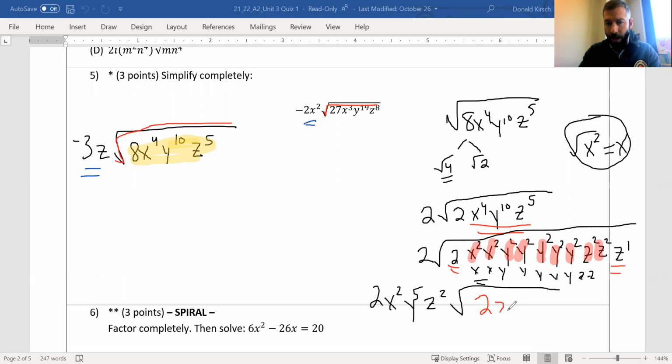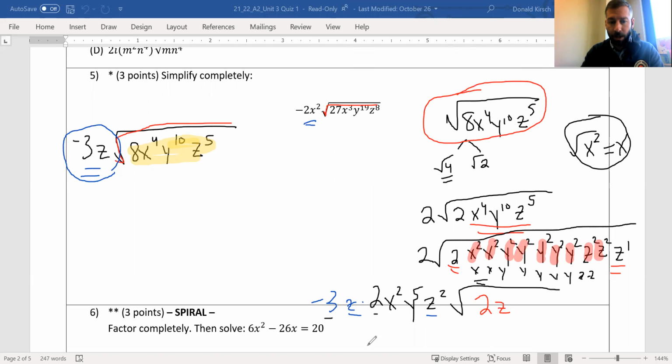That was it. Now, this is not our final answer because remember that I am just looking at the inside right now. What did I intentionally forget about? I forgot about that -3z. So let's bring that back in here. Now, you could just write it as -3z and all this kind of stuff, but that's not simplified all the way because now I got 2 z's out front. Well, what's z and z squared? Z to the 3rd. And what's that -3 and that 2 going to give us? That's -6 because we're multiplying. So this whole thing gives us -6 x squared, y to the 5th, z to the 3rd power, all times